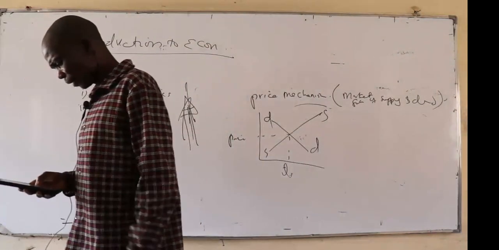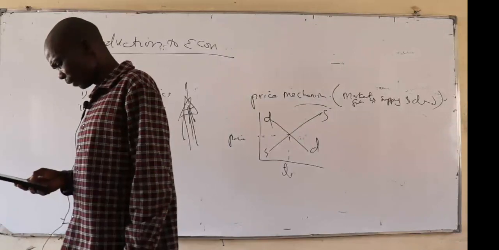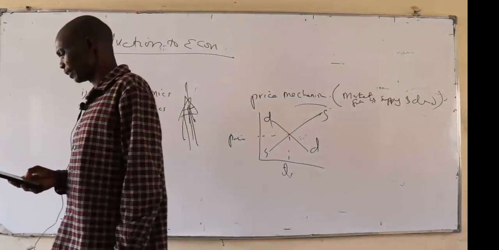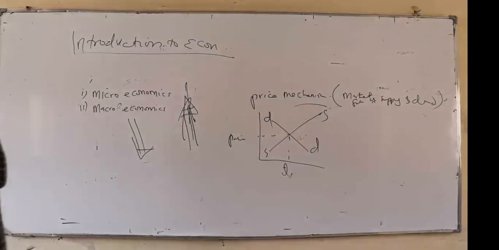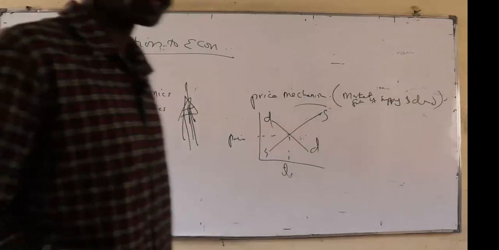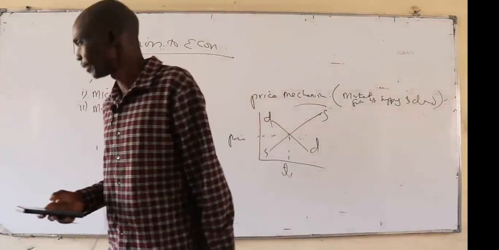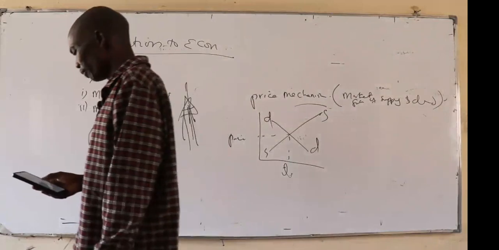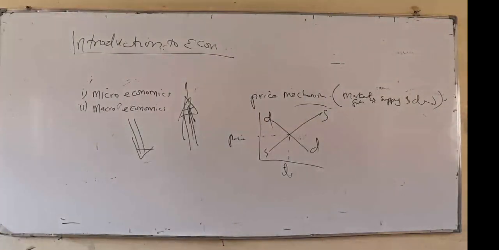So those are the features. Next we shall look at the advantages and the disadvantages of the same, then we go to the next system, the planned economic system. A question can come from anything: from the features of a free market economic system, or asking you to explain the advantages or the disadvantages of the same system. So they should be at your fingertips. Now you say, advantages of free market economy.